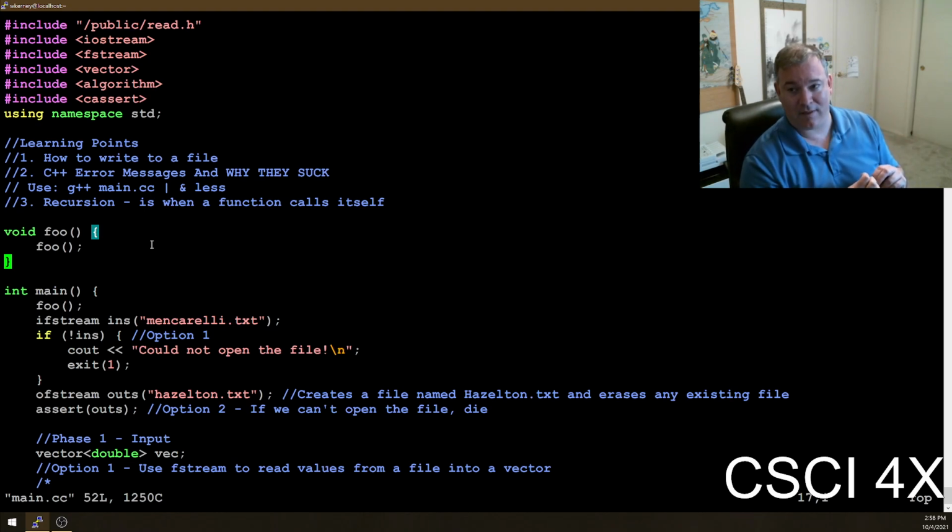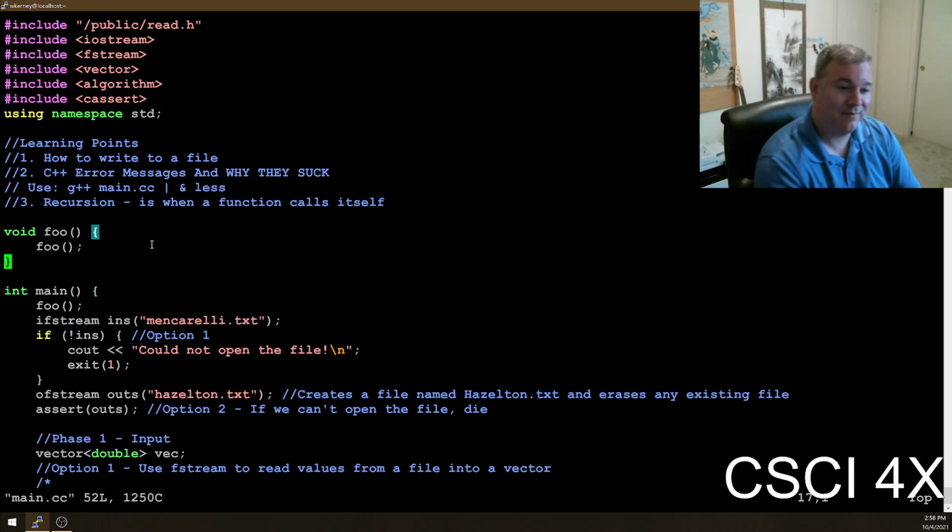A lot of errors, like a lot of out-of-memory errors, you can actually recover from. Out of stack space errors, you can't recover from, because any code to recover from the stack space running out would have to go onto the stack, and it can't, so it just dies. So this is bad.